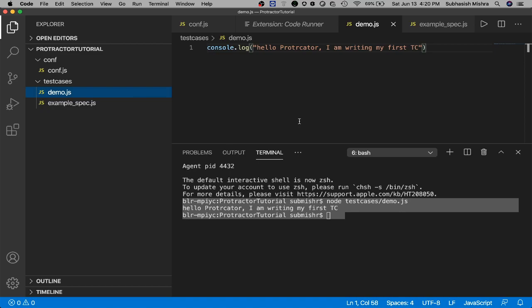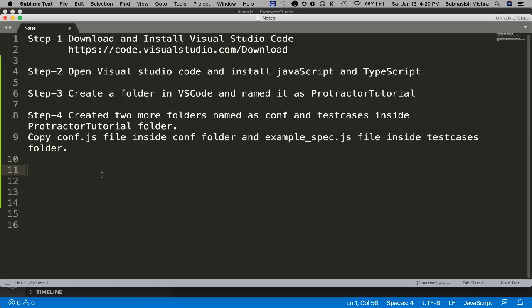So let's see what all we have studied till now. I will add all these steps into our video description, so it will be helpful when you practice all these things on your machine. In our step 5 we have updated our conf.js file with the correct example.spec.js file path.